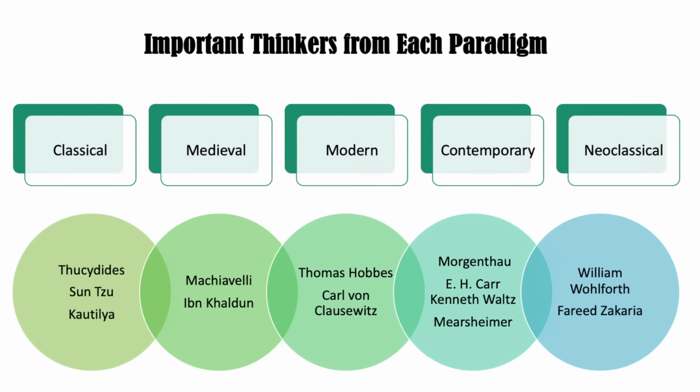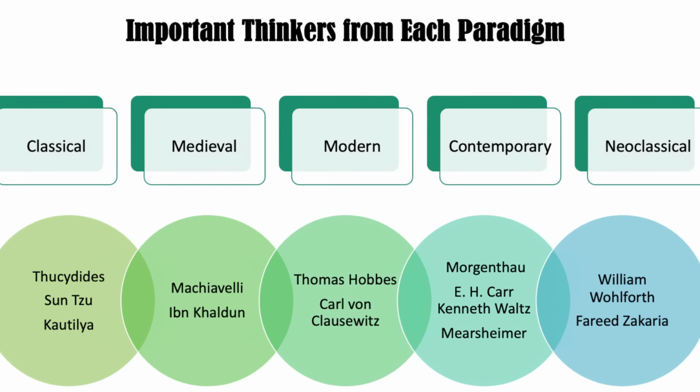کارل وان کلوزویٹس نے کتاب لکھی آن وار، جس میں انہوں نے یہ سارے ریئلسٹ پرنسپلس استعمال کیے۔ جو کنٹمپرری ریئلسٹ تھاٹ ہے، جو سوشل سائنسز میں پڑھایا جاتا ہے، پچھلے 100 سال سے یہ ایمرج ہوا ہے، بیسکلی 20th سینچری میں۔ اس میں ہانس مورگنتھال، ایچ کار، کینتھ والز اور جان میئرشائمر بہت مشہور ہیں۔ جان میئرشائمر تو ابھی بھی یونیورسٹی آف شکاگو میں پڑھاتے ہیں۔ تو میں آپ کو آگے چل کے بتاؤں گا کہ یہ کنٹمپرری ریئلزم، جس کے اندر کئی پیراڈائمس ہیں، جس میں کلاسیکل ریئلزم کے بھی ازمپشنز ہیں، اور جو نئی اسٹرکچرل اور نیو ریئلزم پیدا ہوئی ہے کینتھ والز کی سوچ کی وجہ سے، وہ بھی شامل ہے۔